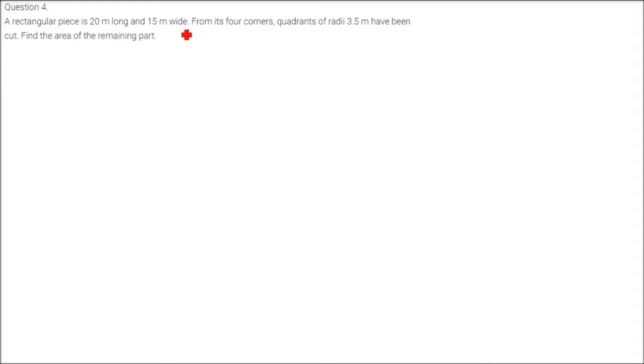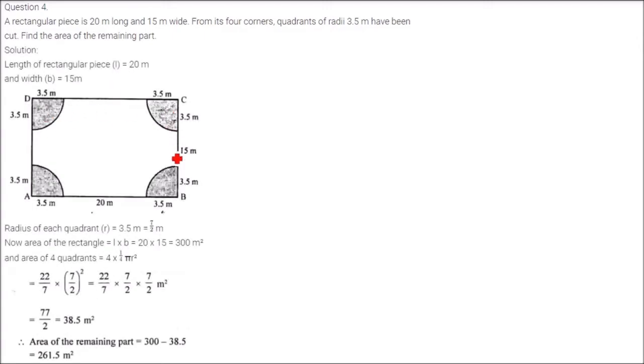A rectangular piece is 20 meter long and 15 meter wide. From its four corners, quadrants of radii 3.5 meter have been cut. Find the area of the remaining part. So here, if you see, we have a rectangular piece, and therefore four quadrants have been cut off. But if you see this quadrant, because they are having the same radius,